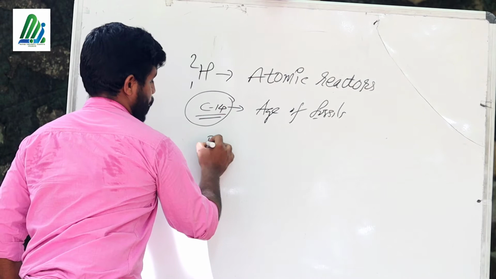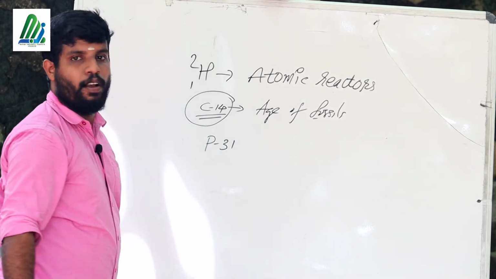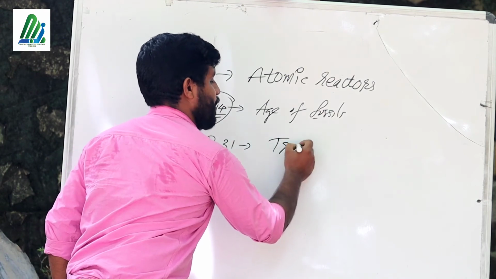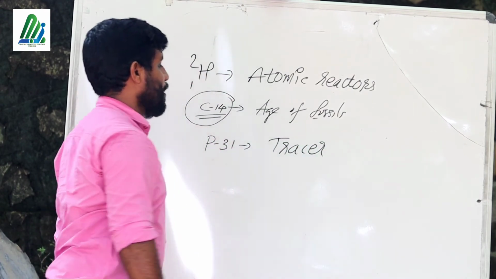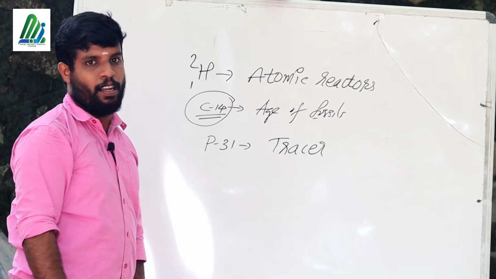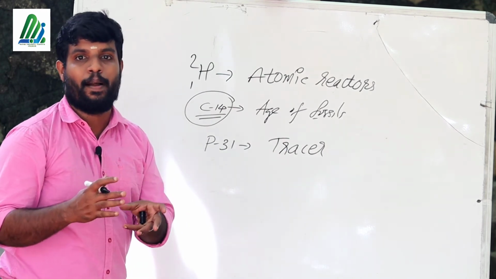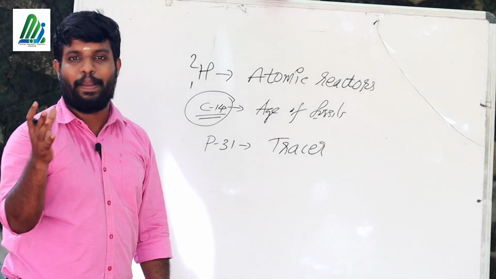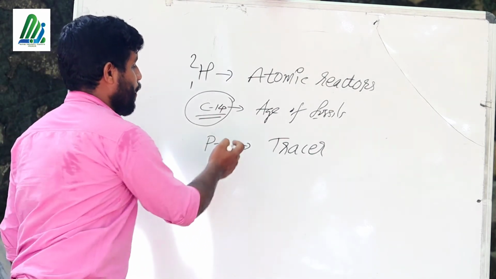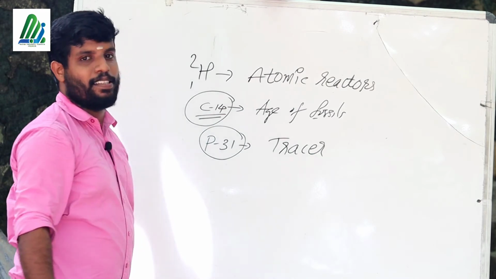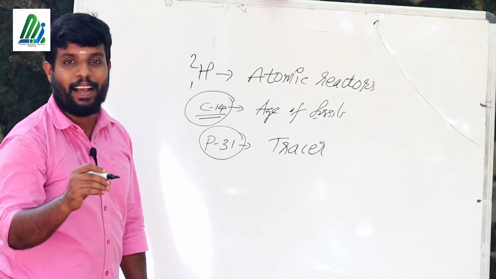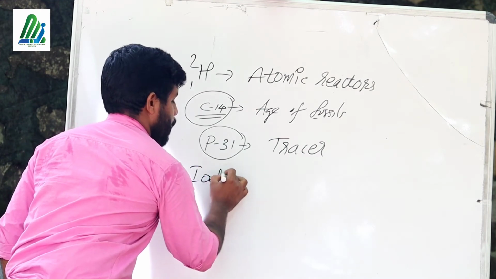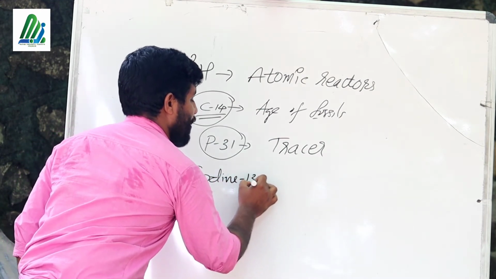The next one is phosphorus 31. Phosphorus 31 is used as a tracer in plants to know the transport of nutrients from root to leaves, which can be identified by using the isotope. It is phosphorus 31. And the other two isotopes are iodine 131